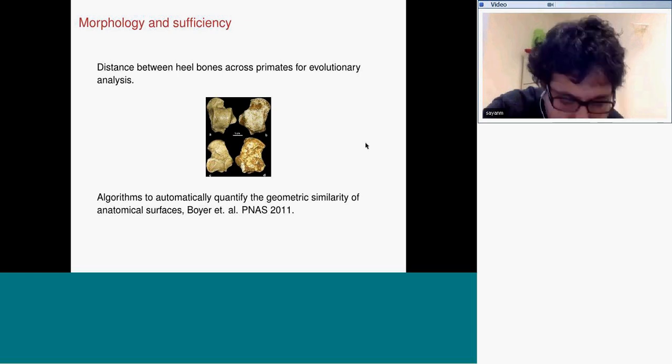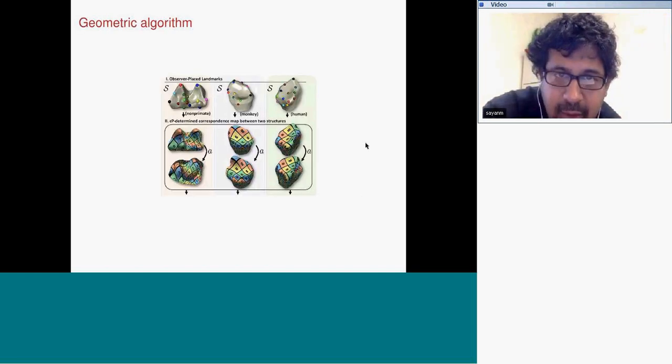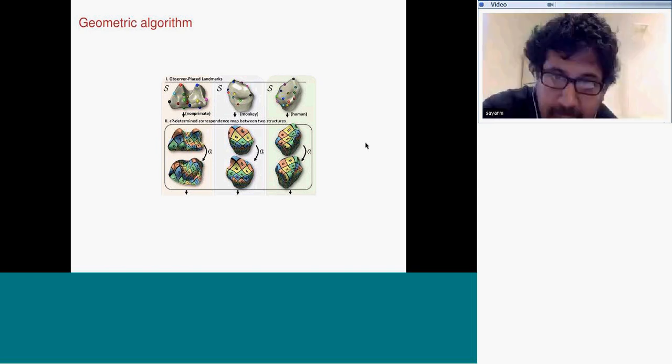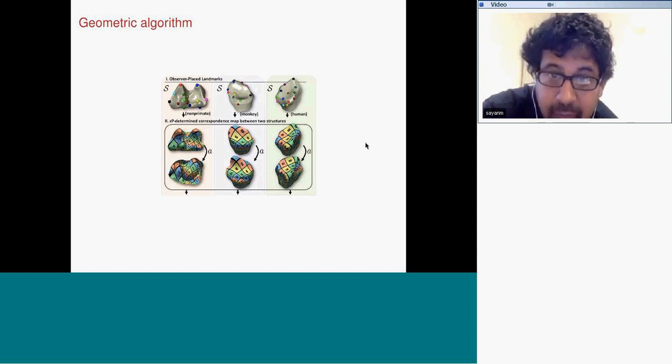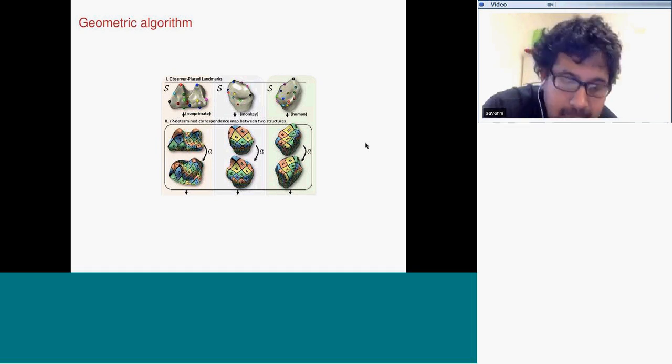The way it's initially done, in collaborative work with Ingrid, is they use some geometric ideas to measure similarity. In this case these are teeth, with a set of landmarks. You take a little ball around each landmark and ask what the variational cost is to transform one of these little patches into another, and then you integrate over patches. So this uses ideas from conformal geometry to measure the distance. It's very pretty work, and I highly recommend it if anyone's interested.